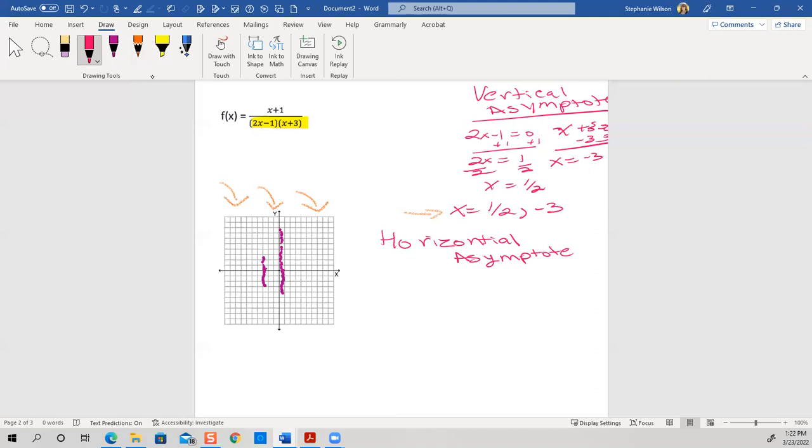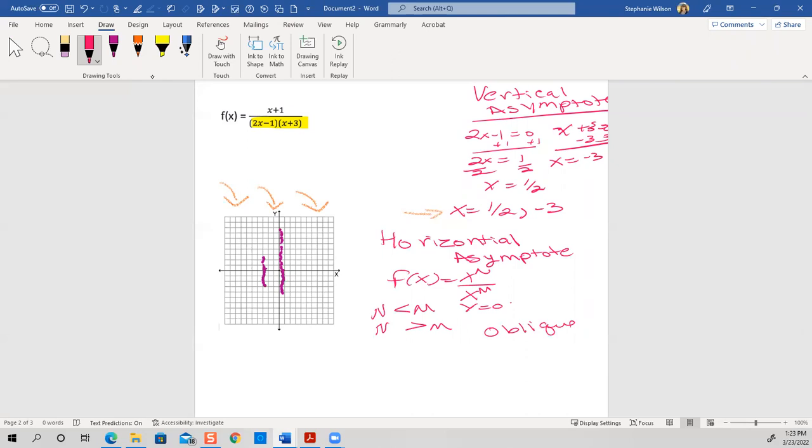Okay, so when we do that, we have this definition: the x in the numerator, I put an n on its power, over the x in the denominator, I'm going to put an m on it. The rule says that if the power, which I'm going to call n, is less than the power in the denominator, then my asymptote is going to be y = 0, my horizontal one. It says if my n is greater than m, then we have an oblique